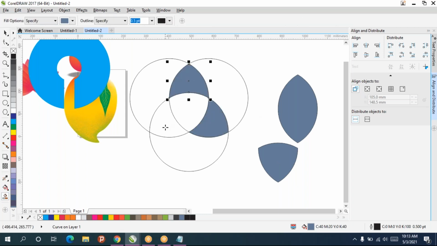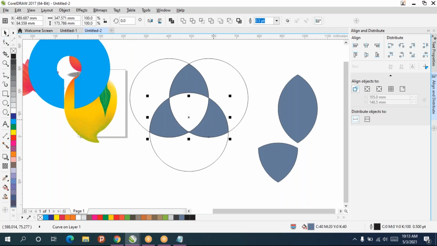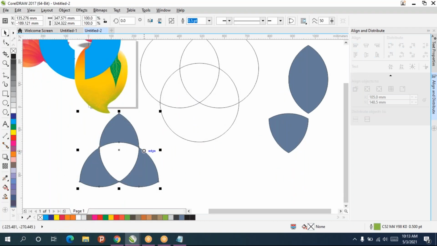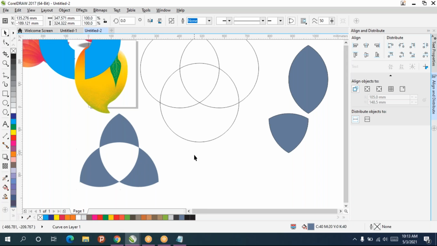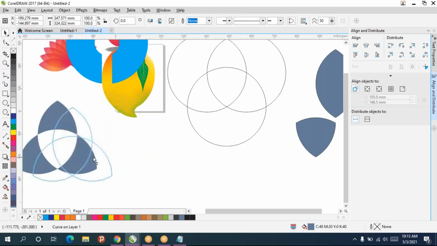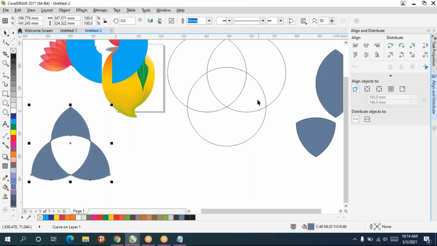I want this, this, this. Then take the pick tool, select all these objects and move it and give weld. So now these objects are one object. So always shaping is more important, and using smart fill, any kind of logo you can create.